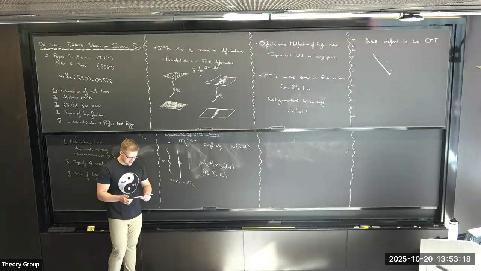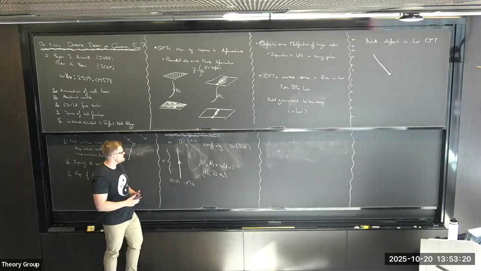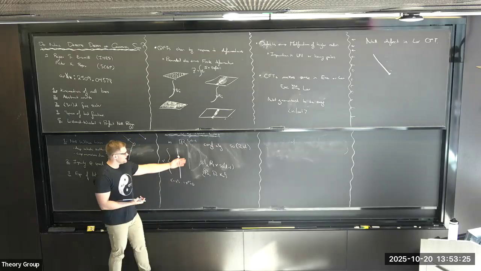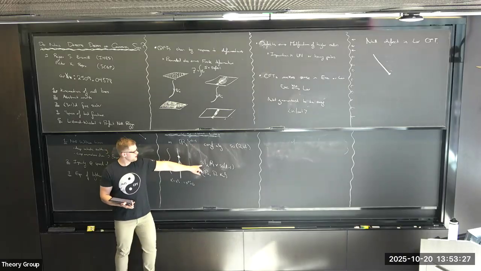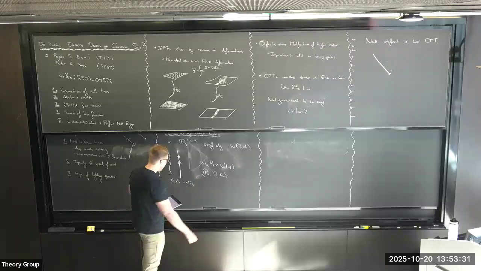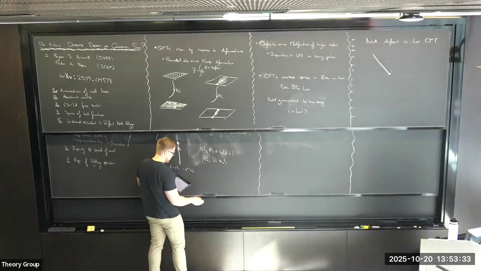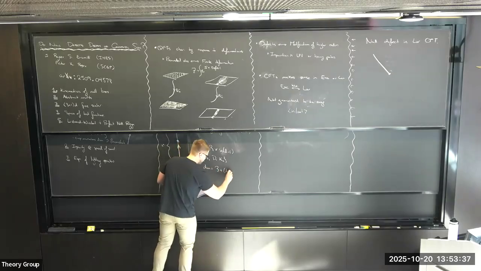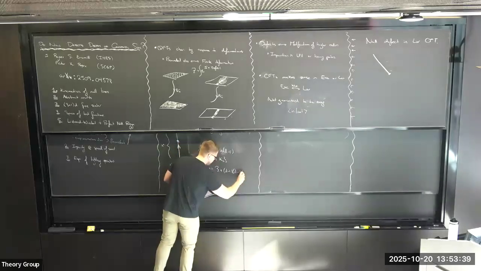And so what this means in practice is that if you had a defect local operator, it's basically going to behave like a 1D primary with some transverse rotation indices. Okay, cool. And I'll just tell you this other fact, that the dimension of this group is equal to 3 plus (D-1)(D-2)/2.